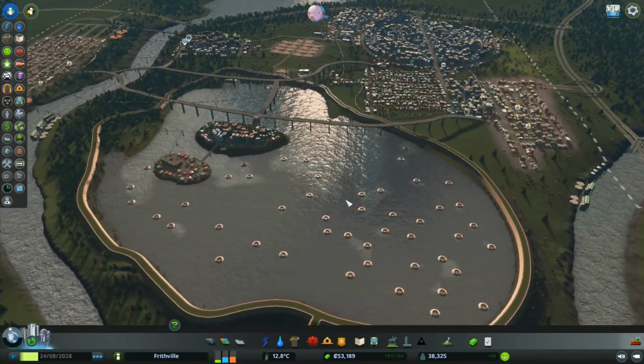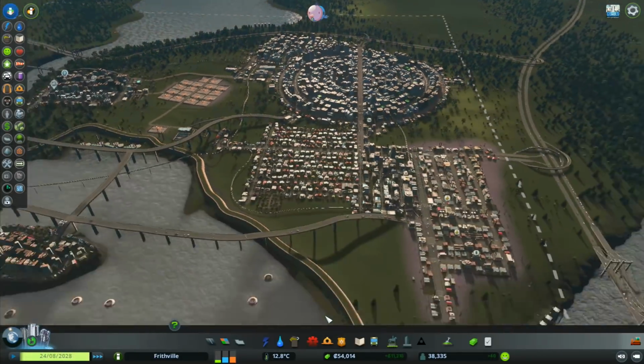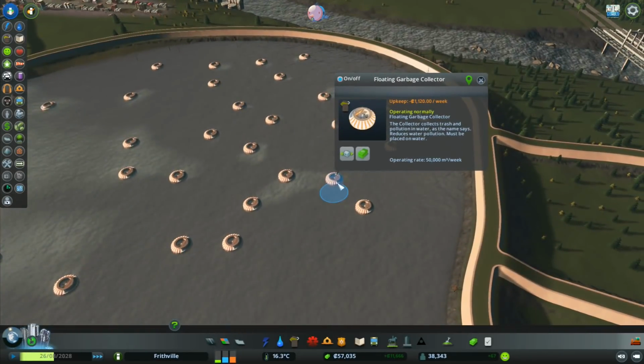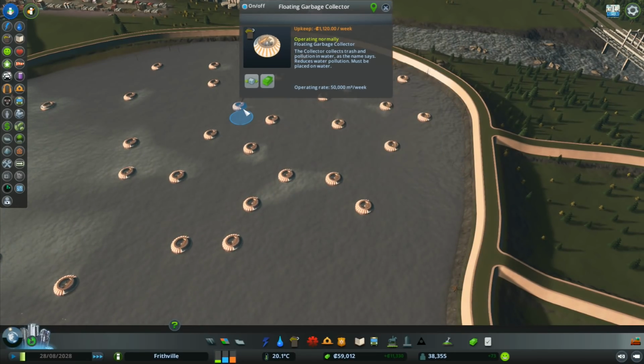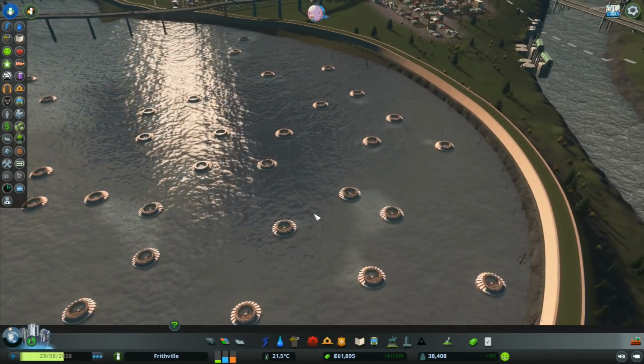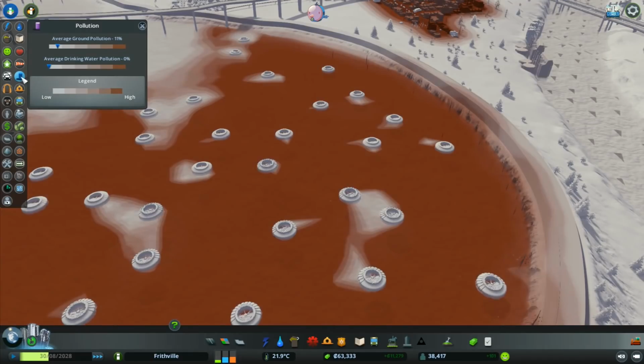Now, we're up to 50 grand. Oh, no, we're up to 11,000 now. Why is it suddenly jumped up again? What changed? Upkeep 1,100 a week. They're all upkeep 1,100 a week. So, my expenses seem to have gone up a bit, but the pollution levels on the lake are already...